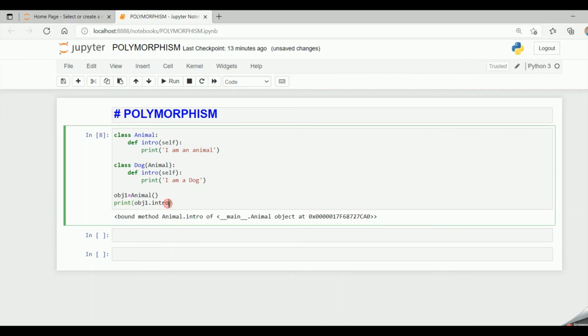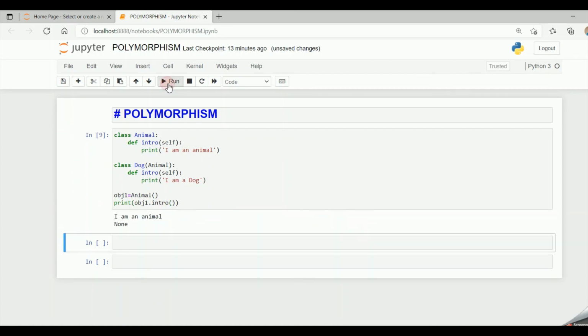I didn't give the parenthesis here. So if I run this particular program, I get obj1.intro prints I am an animal. So whatever is there in the animal method, it gets printed.